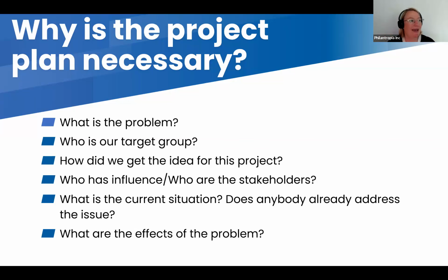What is the problem? And we discussed for 1 hour, because what is the problem? Is the problem that kids can't swim? Or is the problem that kids die in accidents? Or is the problem that kids don't get enough exercise? Or is the problem that pools are closed? It's sometimes very difficult to really define the major problem that you want to work on. You think you know, but if you really put yourself to it, sometimes it's difficult to pin down exactly the problem that you work on.